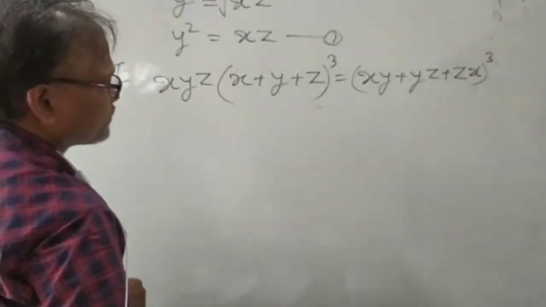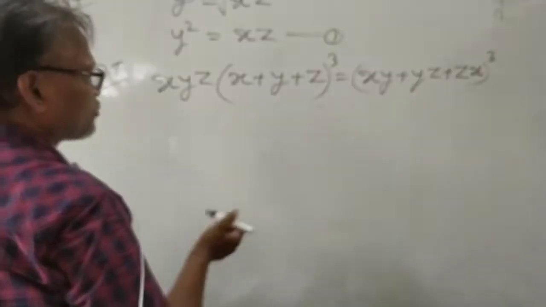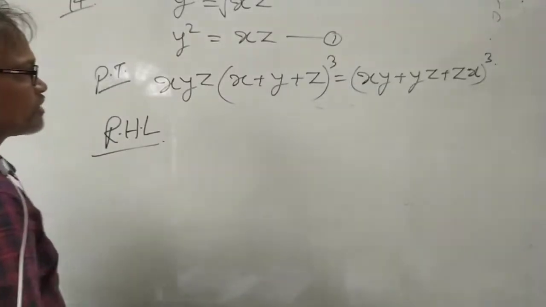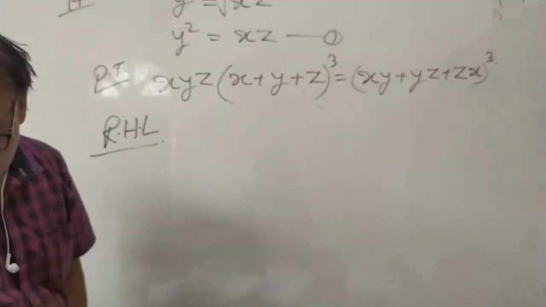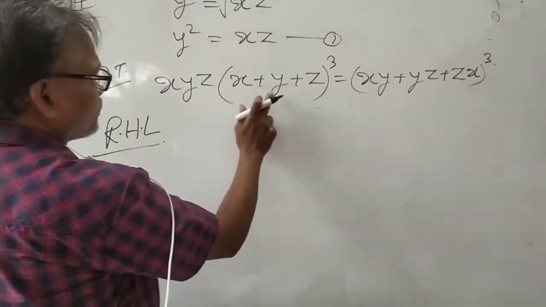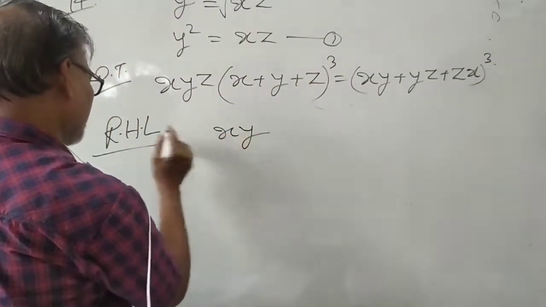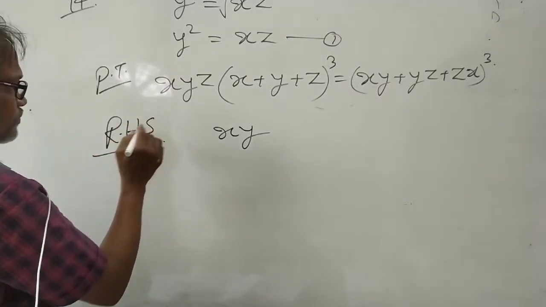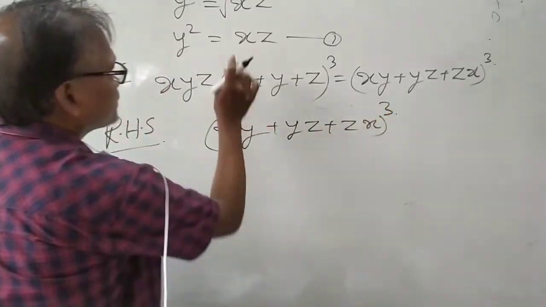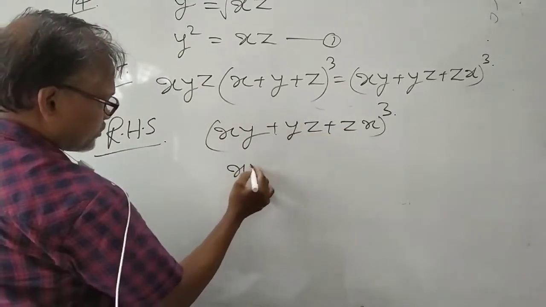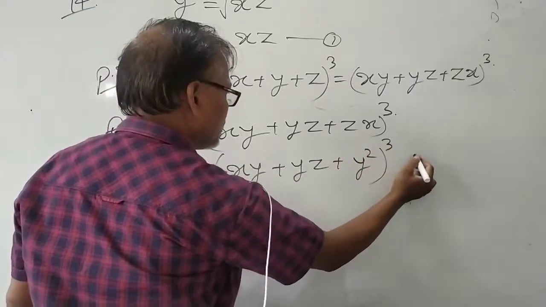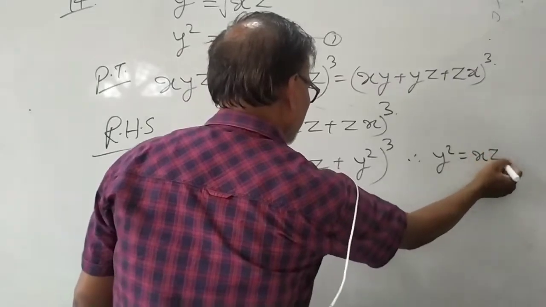Using equation 1 you can say. तो अब इक्वेशन 1 को यूज करके अगर प्रूफ करना है तो कैसे प्रूफ करेंगे? अगर हम राइट साइड लें तो इजी वे से प्रूव हो जाएगा. कैसे इजी वे से प्रूव होगा? This is xyz into (x plus y plus z) whole cube. अगर हम राइट हैंड साइड लें, RHS, xy plus yz plus zx, किसी भी तरीके से ले सकते हैं. zx, you know that is y square, you can put here. तो xy plus yz plus y square, using y square is equal to xz.